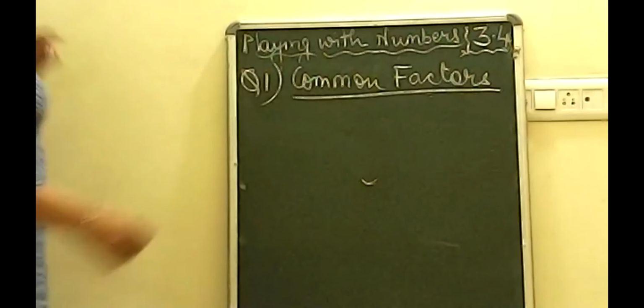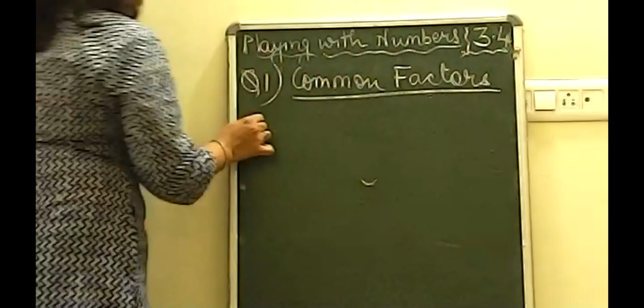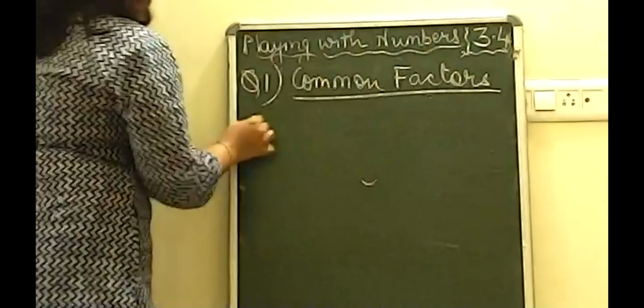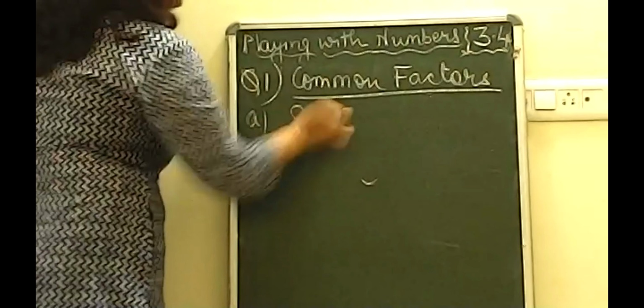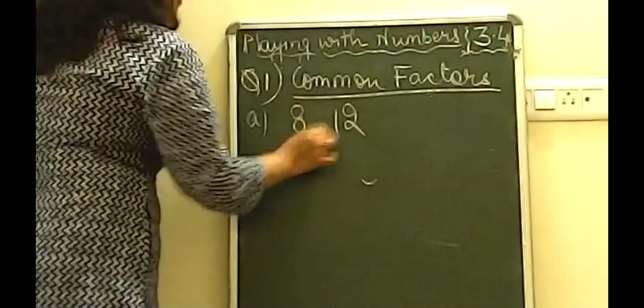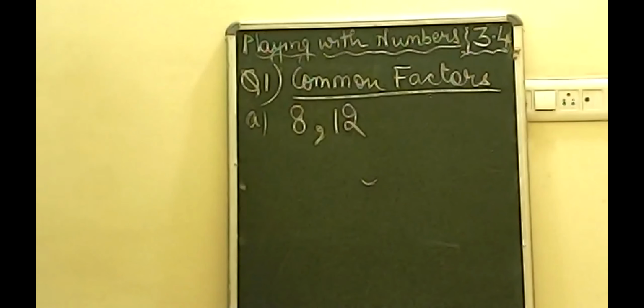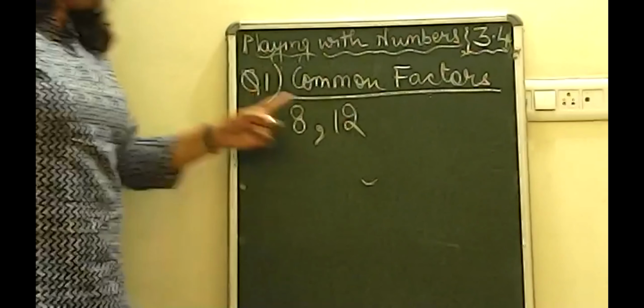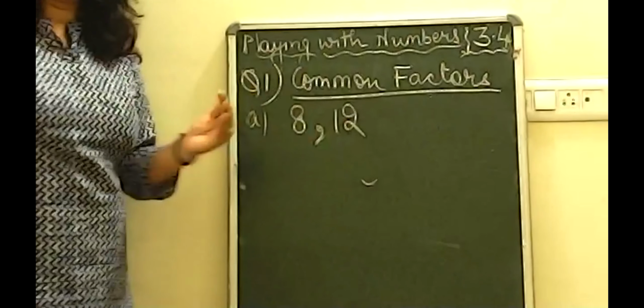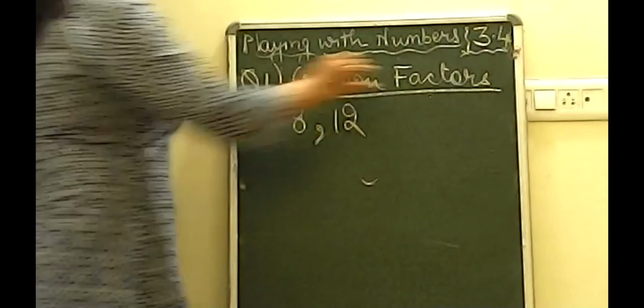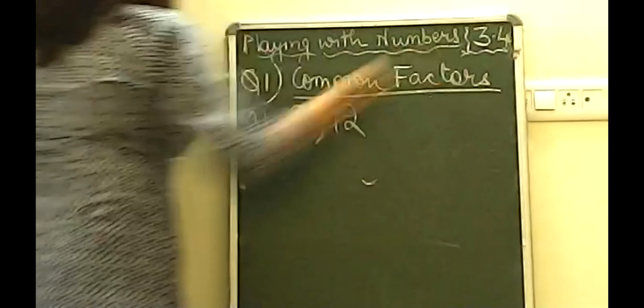Now look here. Suppose I give you two numbers to find the common factor. For example, the numbers are 8 and 12. I am not taking the questions from the book, I am just taking a random example. You can do the questions from the book on your own also if you understand this process. The first thing I have already told you: we will do it in reverse. Reverse means first of all we will find the factors.